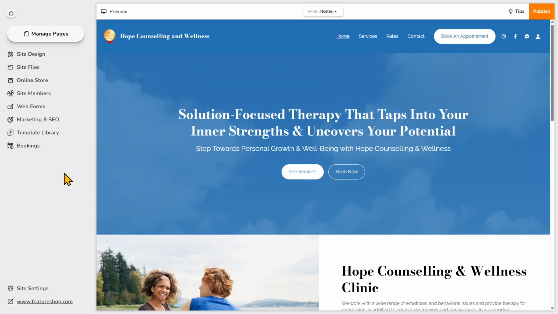I'll show you how to create a cohesive homepage layout using simple design theory so your site feels clean, professional, and easy to navigate. Whether you're building a site for your business, your portfolio, or a passion project, this will help you make a homepage that actually works using the Website.com site builder.